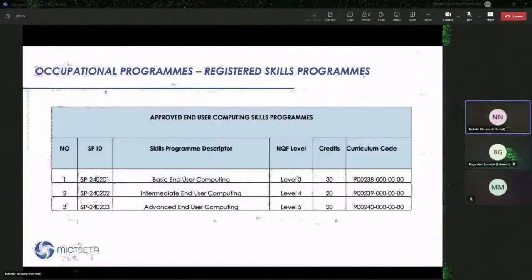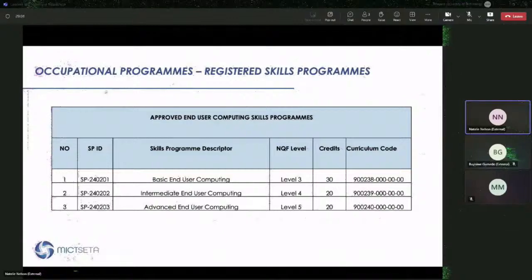At NQF level 3. And when we were realigning the qualification in engagement with our subject matter experts, it was ultimately determined that you would not be able to employ someone who had a qualification in "I am an end user computing specialist", but rather we understood that the ability to make use of a computer, to have basic digital skills, was a right for everyone. And because of that, we then looked at developing skills programs at the various levels.